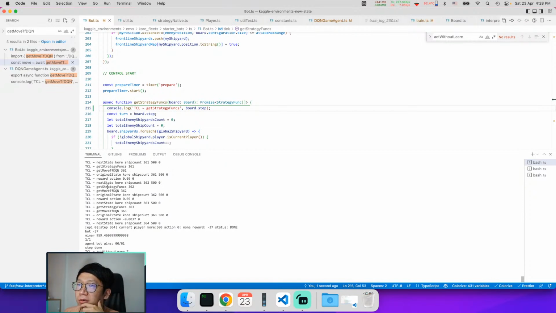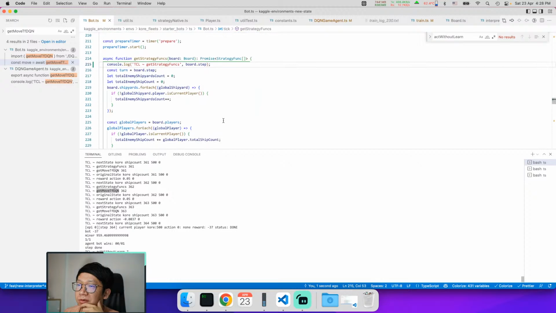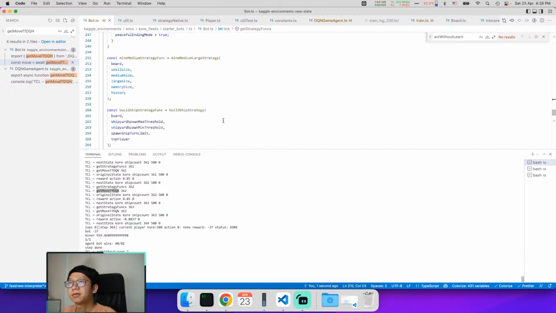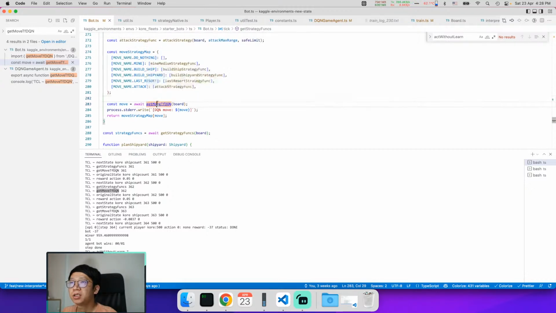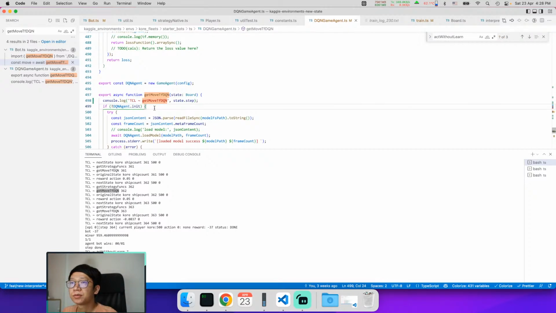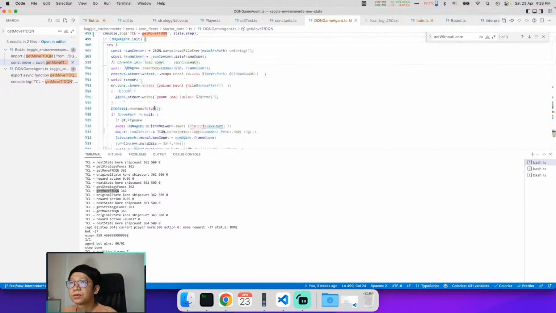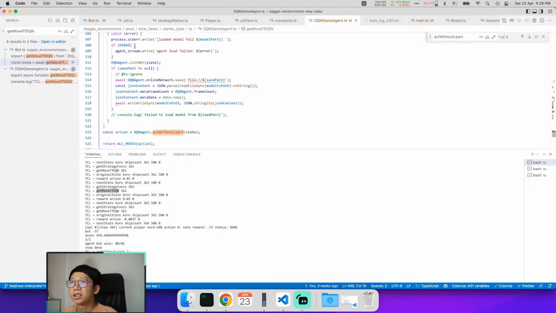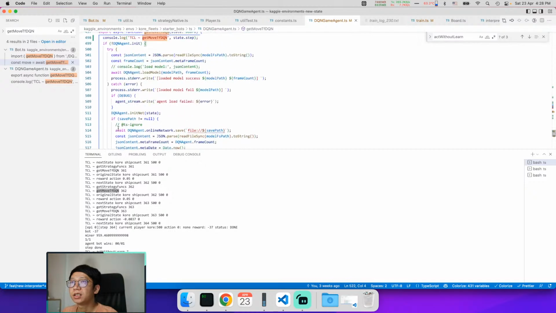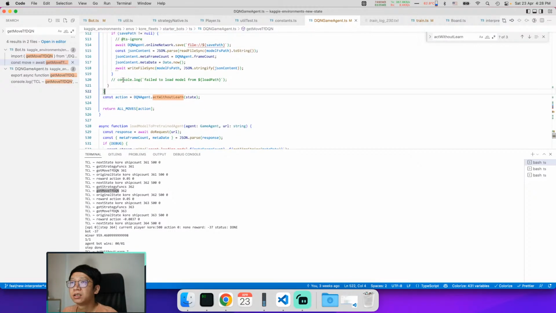So it went into this and went into get move, TF DQN. It went into this. If it's not initialized, so it is initialized. It is initialized, and then